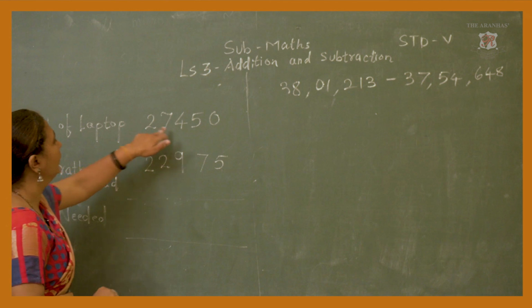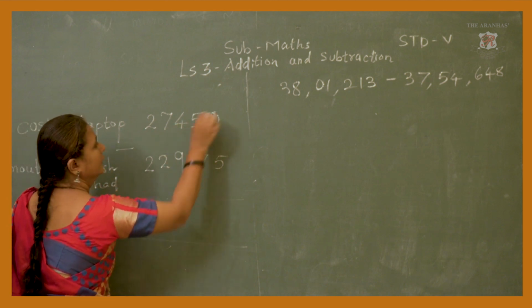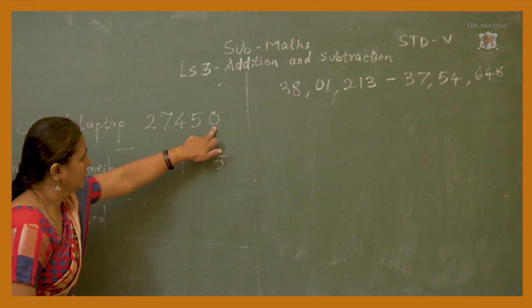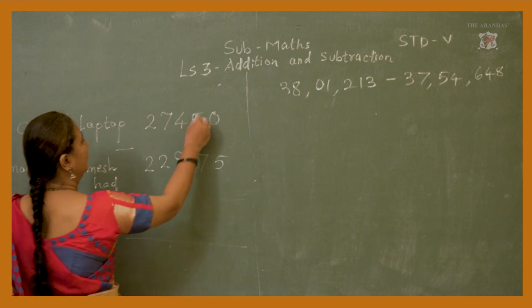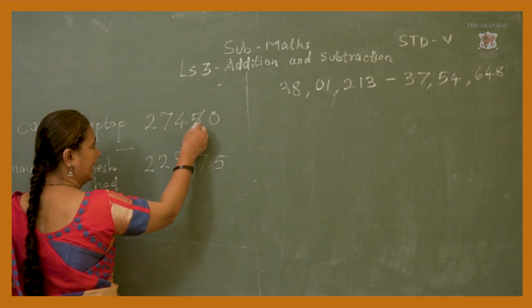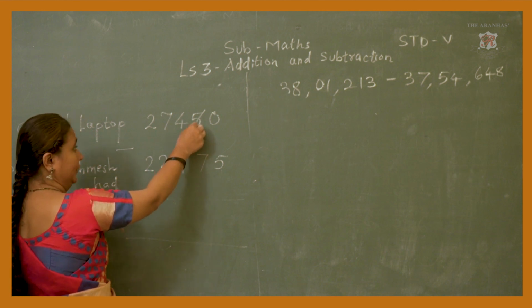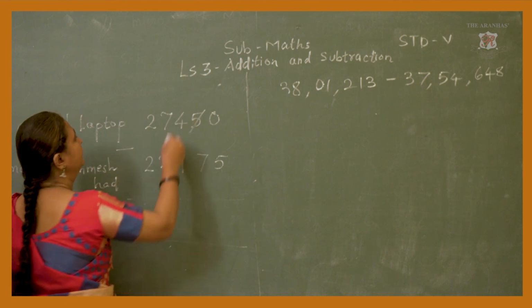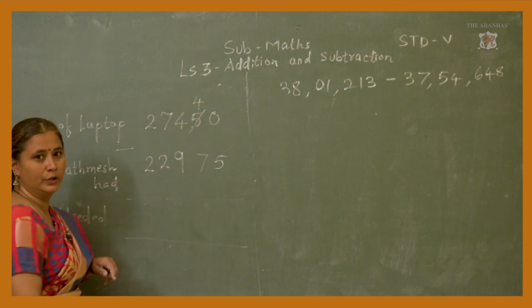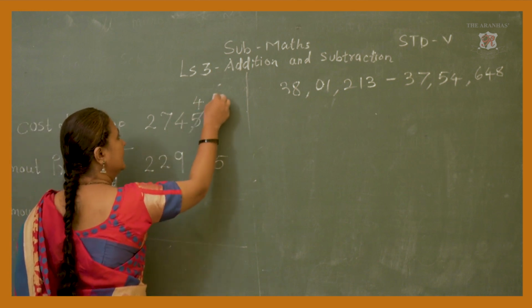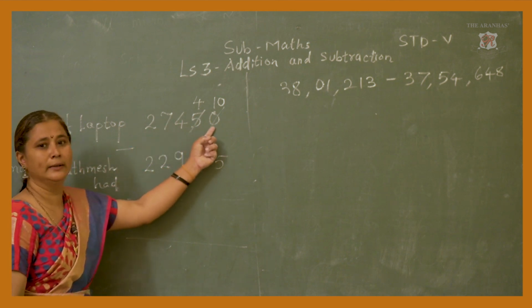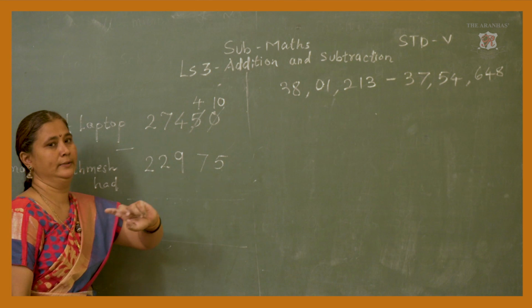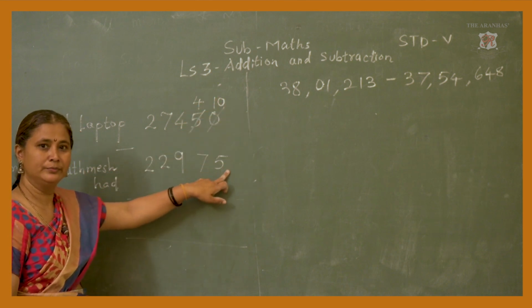Okay. Now start the subtraction. Here 0 is less than 5, so we have to borrow the number from the 10 place. When you borrow, subtract 1 from the digit 5. 5 minus 1, 4. So this number becomes 10, because when we are borrowing, the number 0 becomes 10. 10 minus 5, 5.